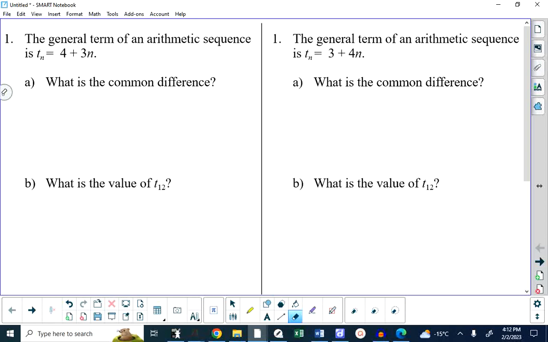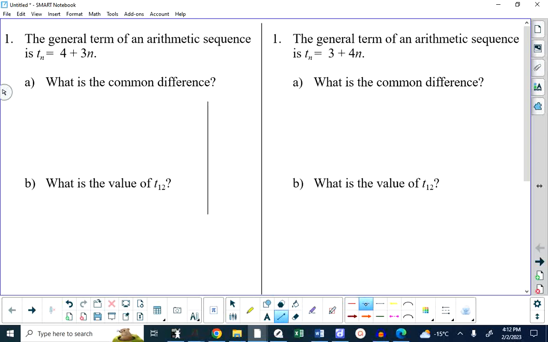You're given the general term of an arithmetic sequence is t sub n equals 4 plus 3n. What is the common difference and what is the value of the 12th term? This first pair of questions, 1a and b, are pretty much gimme questions. You need to understand that you can use that formula